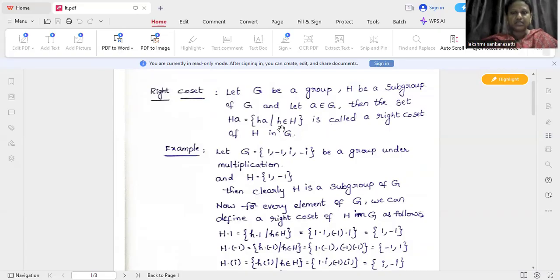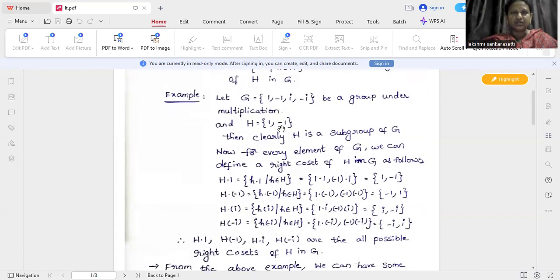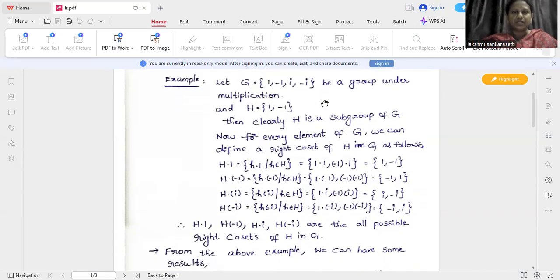For a better understanding of this definition, here we are going to take an example: G is equal to {1, -1, i, -i}. This set is called the fourth roots of unity, and with respect to the binary operation multiplication, G clearly forms a group. Also consider H equal to {1, -1}, and this H clearly forms a subgroup of G. So corresponding to this group G and subgroup H,